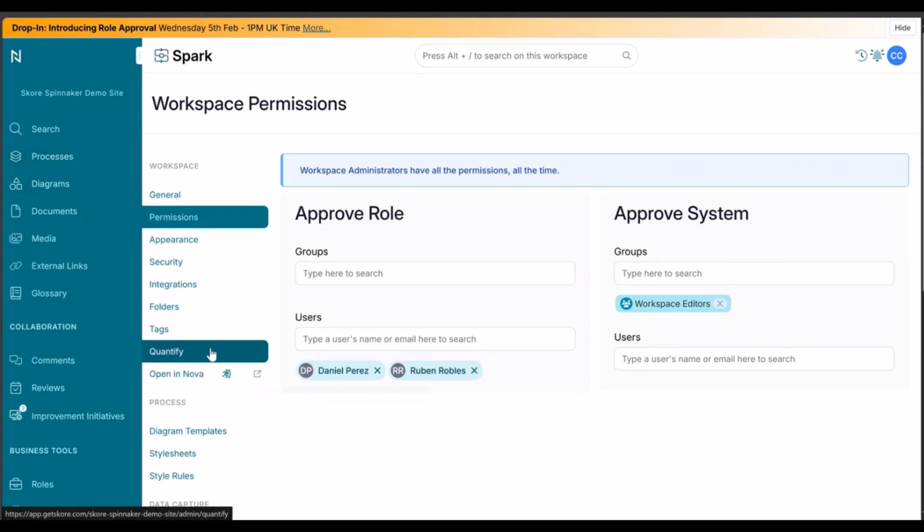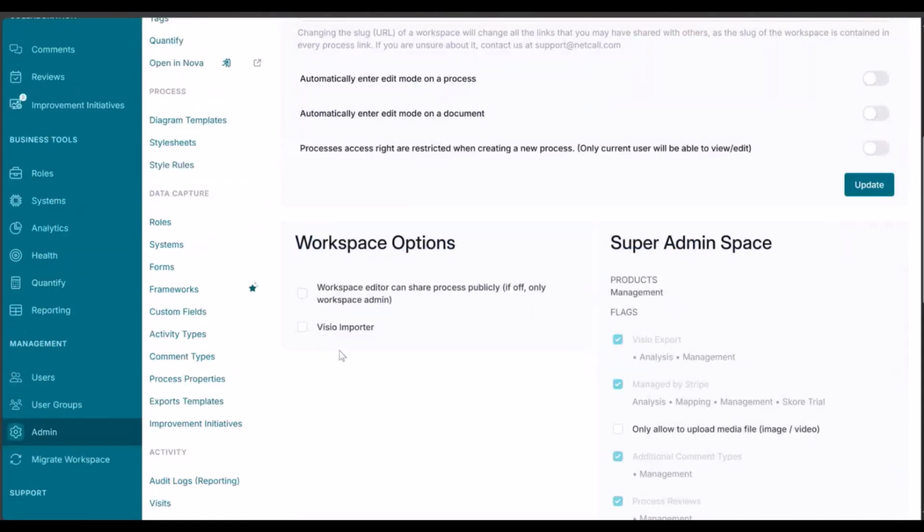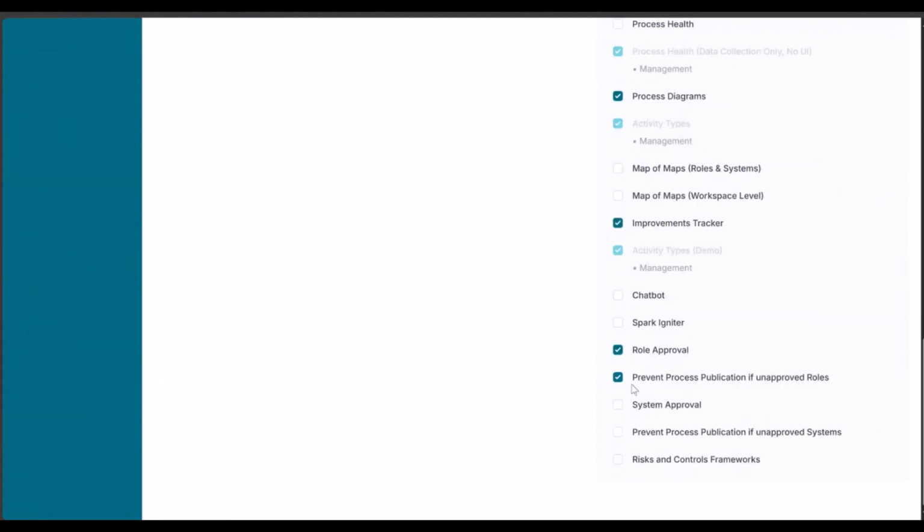Back to my general feature. So you will see it here when it's fully released, the role approval and the system approval. The other feature that I've enabled in my case is this one, the prevent process publication if there's an unapproved role. So these are the two features that I've enabled for this workspace. In this workspace, I decided to not toggle on the system approval. So I consider that systems can be created by anyone, and I don't need a controlled list of systems. This was my decision for this workspace,